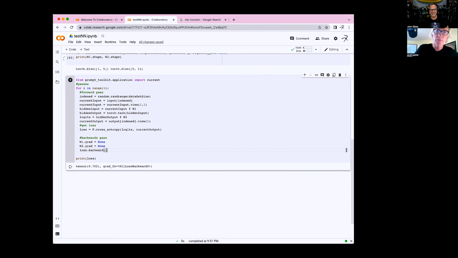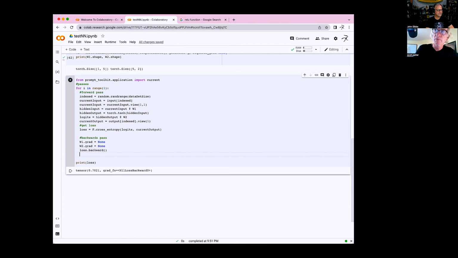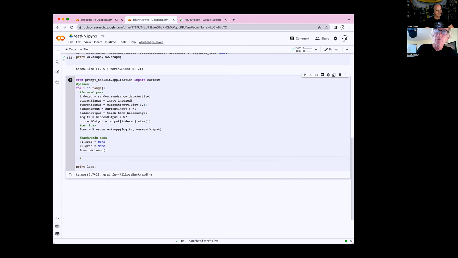That's it. To do all of those calculations and all the partial derivatives, one line. So that's nice. That's pretty sweet. And then what we want to do is notice that these are all still indented under the for loop. Make sure that they're not on the left. Still inside the for loop. Right? Yep. So the last thing we're going to do is